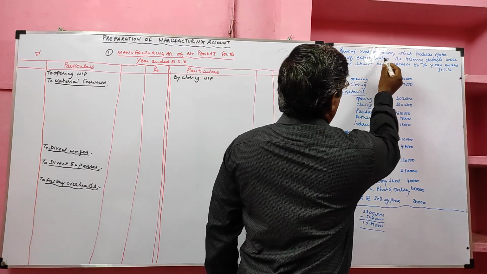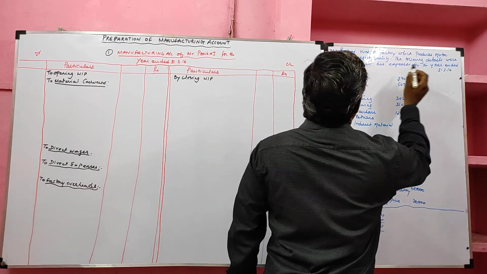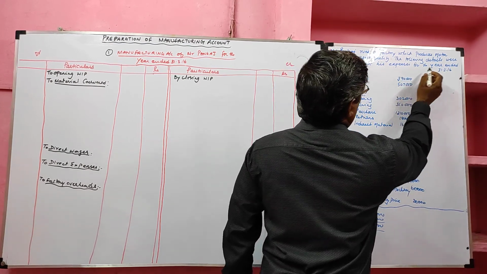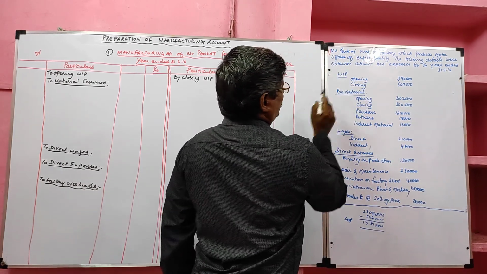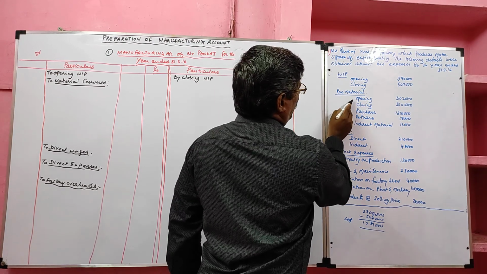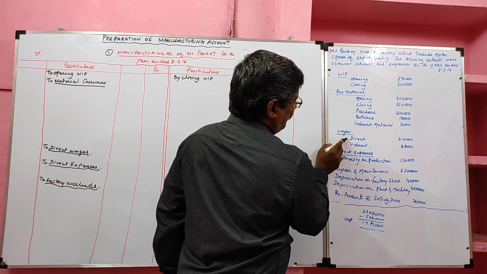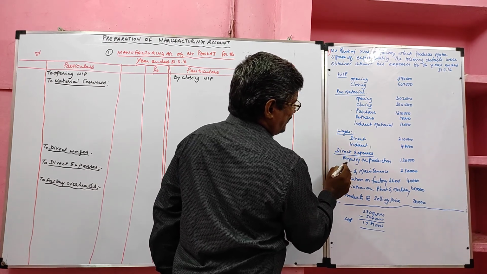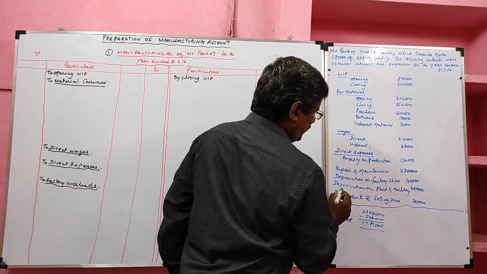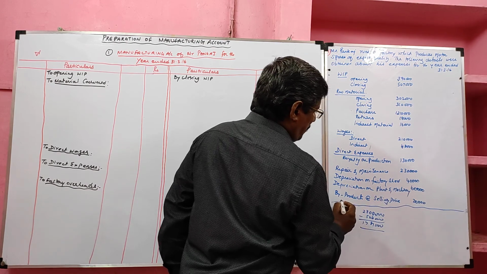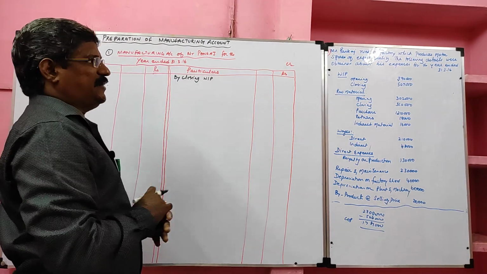Mr. Pankaj runs a factory which produces motor spares of export quality. The following details were obtained about his expenses for the year ended 31st March 2016: work in progress, opening and closing; raw material, opening, closing, purchases, returns; indirect material; wages, direct wages, indirect wages; direct expenses, royalty paid on production; repair and maintenance; depreciation on factory shed; depreciation on plant and machinery; byproduct at selling price 20,000. With the help of these, we are going to prepare the manufacturing account.